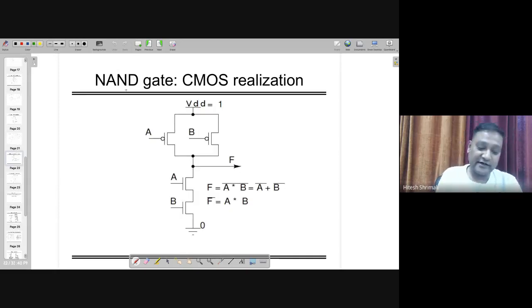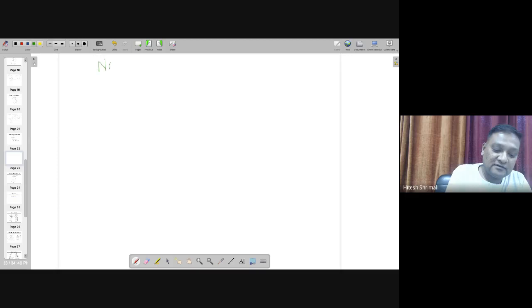Okay, NOR gate also. Let's try with the NOR gate. The NOR gate has function A or B with a bar on top. So F is A bar and B bar, and F bar becomes A or B. The first part, F, is implemented with PMOS. Because of the AND logic operation, both come in series like this, and the inputs are A and B. Because of this bubble, this effective input is A bar, for this one B bar, and effectively this is implementing A bar dot B bar, which is connected to VDD.